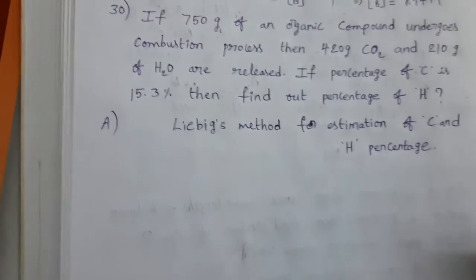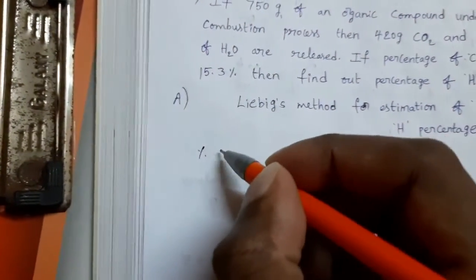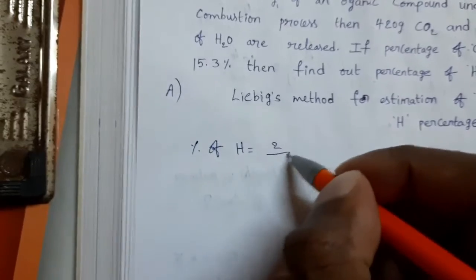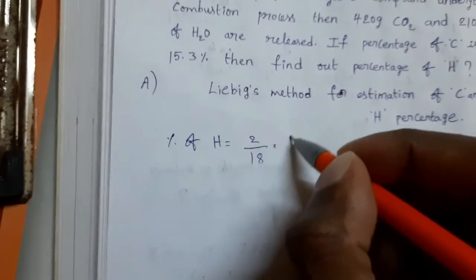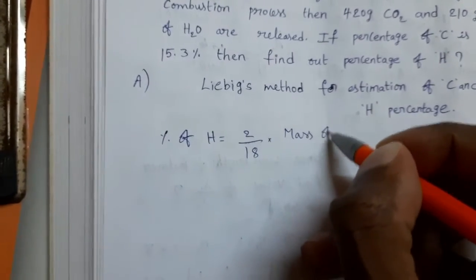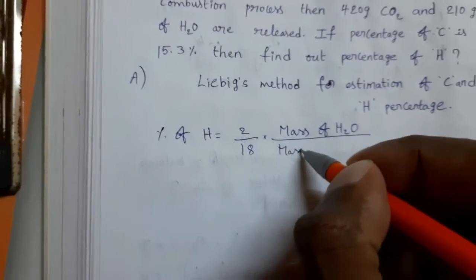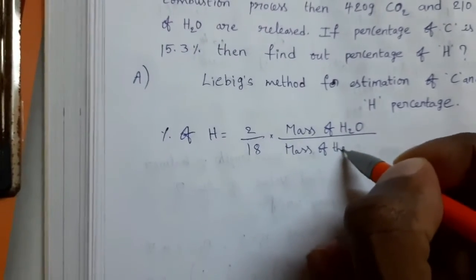Here we need to calculate hydrogen percentage. Then percentage of hydrogen equal to, formula is 2 by 18 into mass of H2O divided by mass of the compound